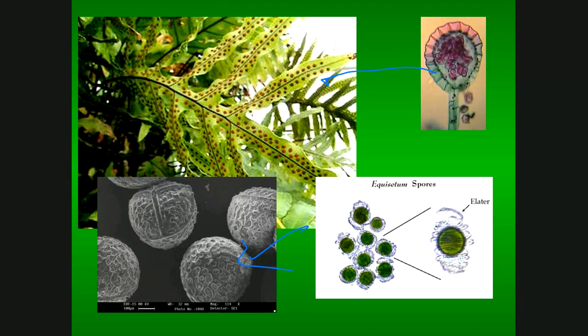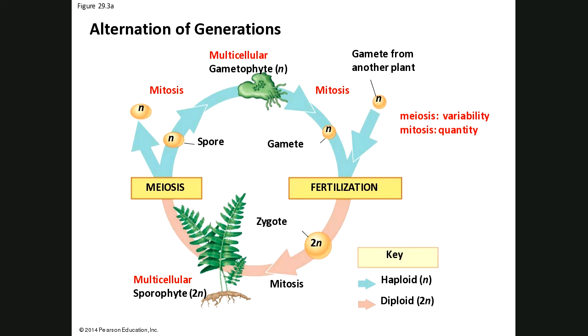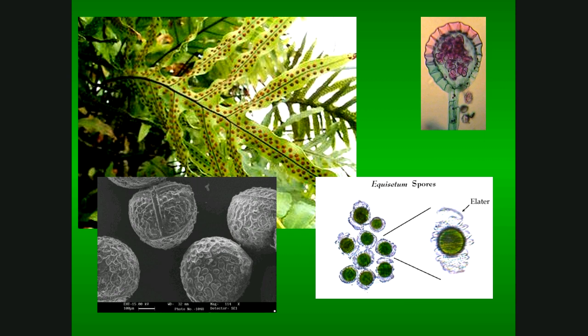Okay, so alternation of generations and spores and all that sort of stuff all fit together with this idea of organisms that are going to be well adapted, very adept at moving into harsher environments. You don't find mosses and ferns living in extremely harsh environments, but certainly moving out from underwater. That's what I mean by a harsher environment. And we're doing that by, like I said, increasing the numbers, and of course, variability is important because you don't know which genetic variability is going to work.